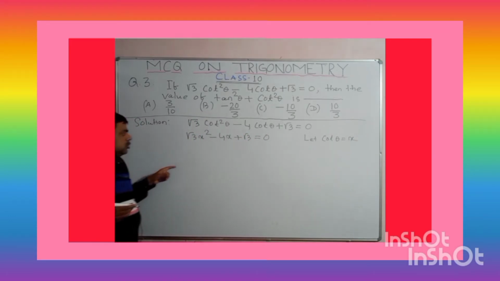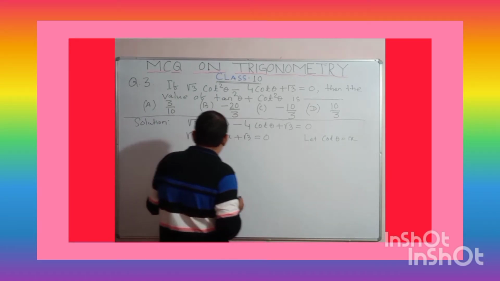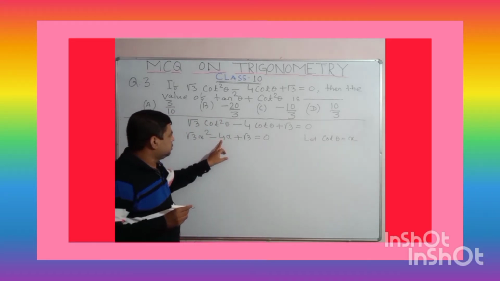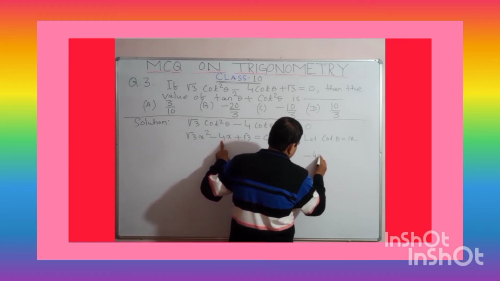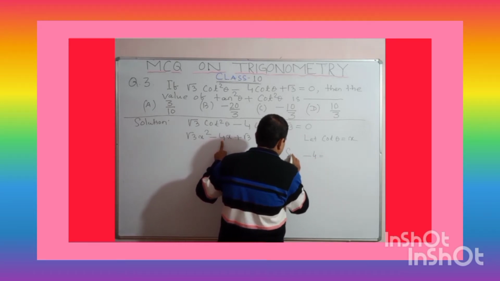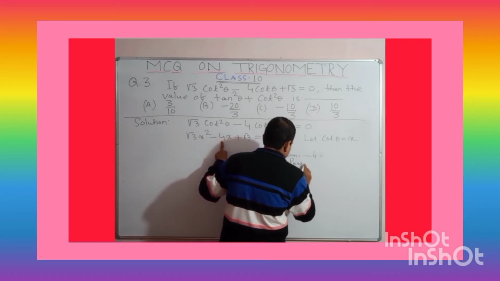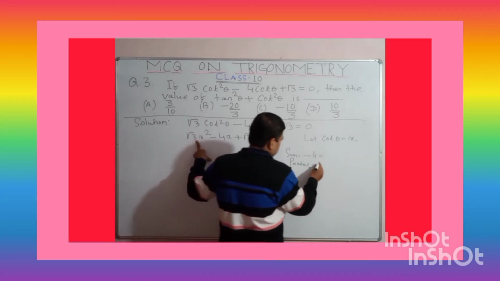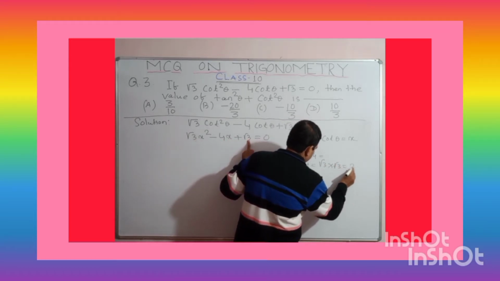So you have to do the middle term factorization. Let us find out the solution by using the middle term splitting method. You see the middle term is minus 4x. The sum will be minus 4x, if you remove the x, it will be minus 4. And what will be the product? The product will be the coefficient of x square, root 3, times the last term, root 3, which is 3. The product should be 3.